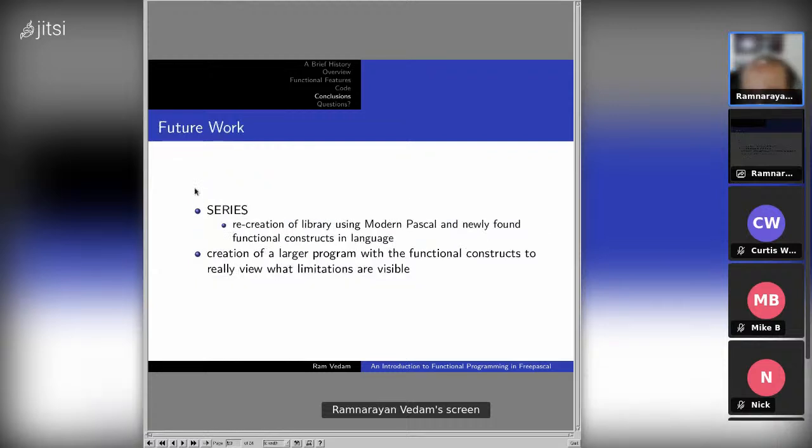There is some future work that I want to do personally on this adventure. One is, as you saw earlier, the series library. This is again a paper that was created by Dr. Richard C. Waters. He originally created the library in Common Lisp, and he wrote it as a functional library.